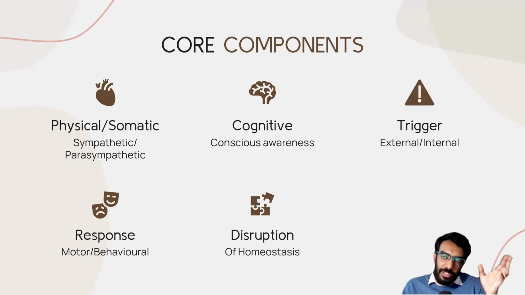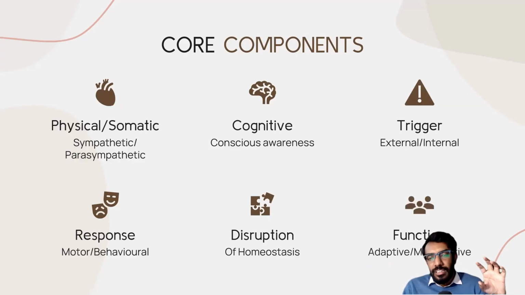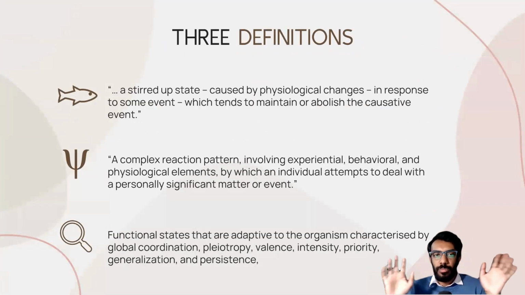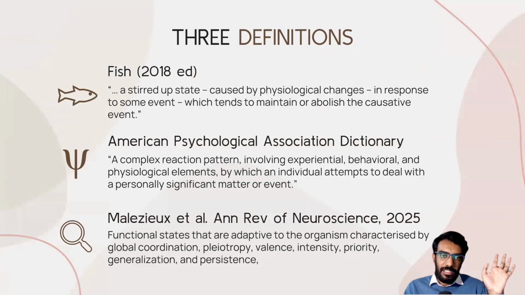And sort of a corollary to that is the functional component of emotion, that this serves a certain function, right? A tiger comes in front of you and you're feeling afraid. So the point of this fear is that this is what enables you to run away or to get away from the situation, right? So these are the core components of emotion that various definitions are focused on. So keeping this in mind, we'll see some of the definitions that are most commonly accepted.